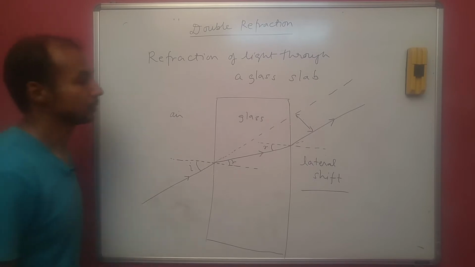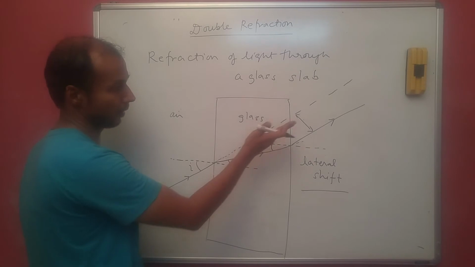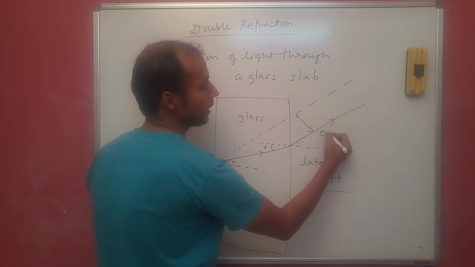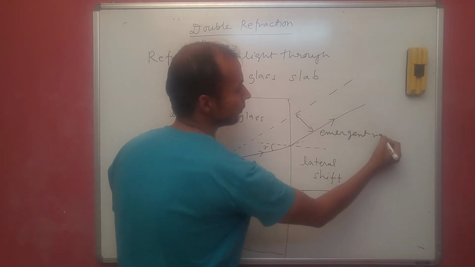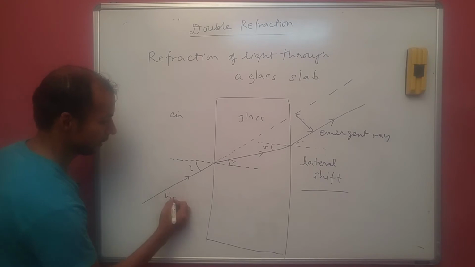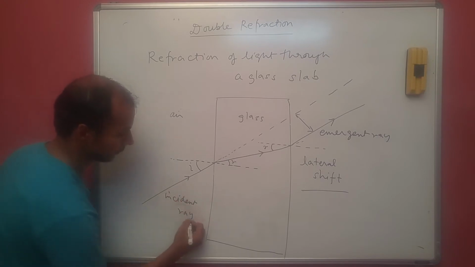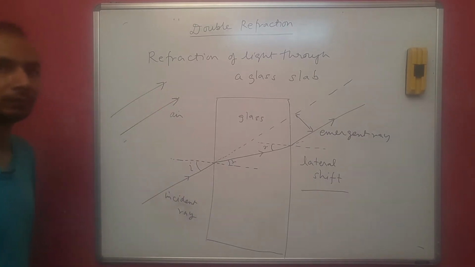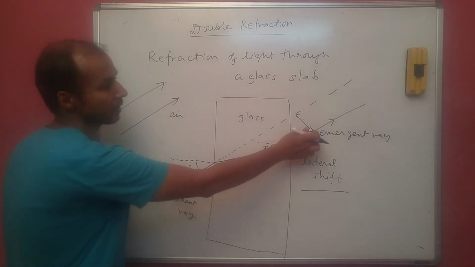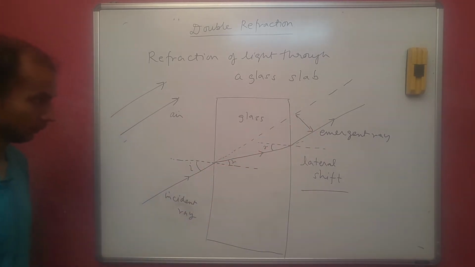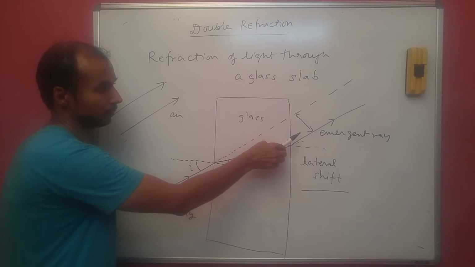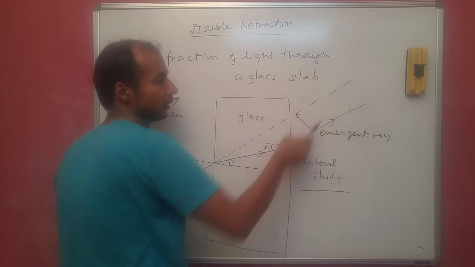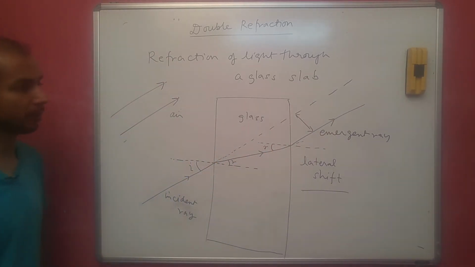This is called the emergent ray. This is called the incident ray. If I draw a parallel to this, these two directions are the same. Similarly, these two directions are the same. But there is a lateral shift. The ray is no more going along the line in which it was going earlier. Now it is shifted. So that's what happens, lateral shift happens, and